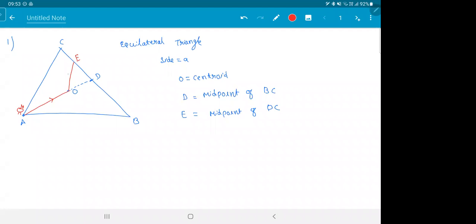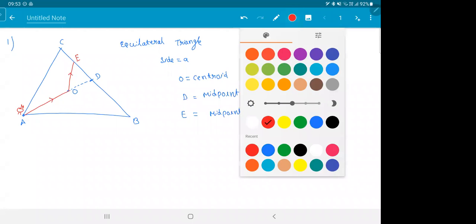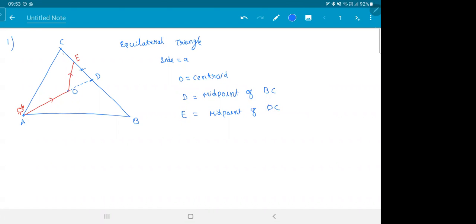Hope you're getting how it is going. It is going from A to centroid and centroid to E. E is the midpoint of D and C. So these two guys are equal. Find distance and displacement. Don't write the question, just start solving. Just have a paper and start solving. Try, I'll give you 3 minutes.